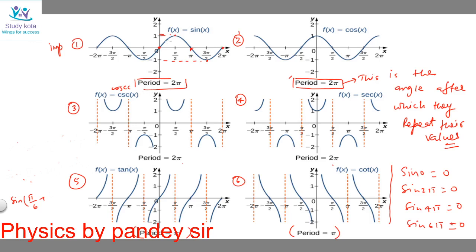Now if we talk about pi by 2 and the point between them, this will be pi by 4, that is 45 degrees. Okay, at 45, what is the value? This is 1 by root 2. If you draw a line which passes through this point, then wherever it crosses the graph, you will get 1 by root 2. I am explaining it in detail.